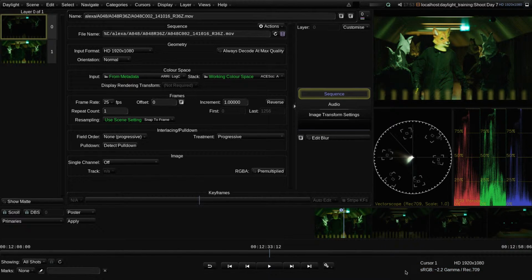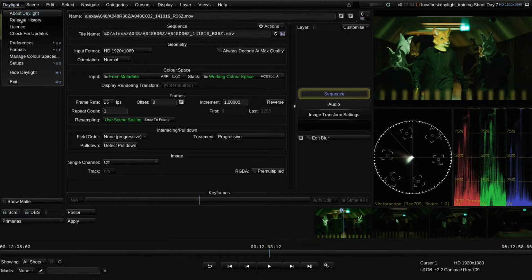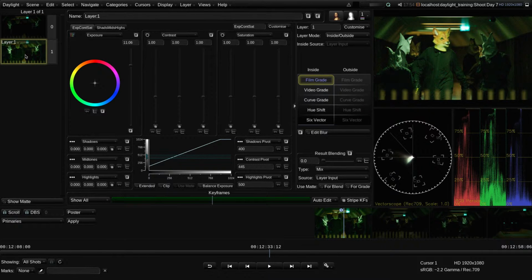Internally, Daylight uses a third working colour space as the grading colour space, but we won't worry about that for now. Colour space management is an important part of any colour grading workflow, and it is integral to the way Daylight works, so I will be covering it in a lot more detail in a separate tutorial. However, for now, we will just stick to the default settings, which were enabled as part of the setup we chose at the start of this set of introductory tutorials. Okay, so let's get back to the colour grading.